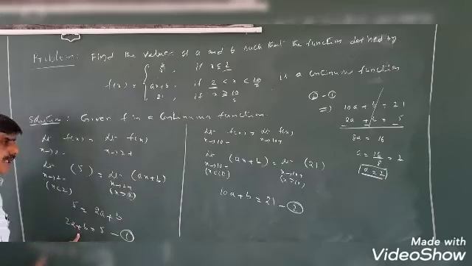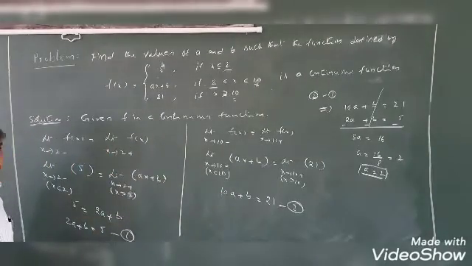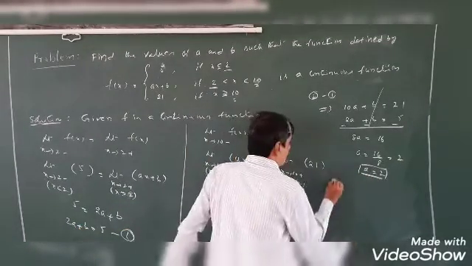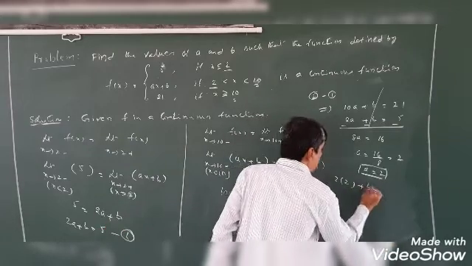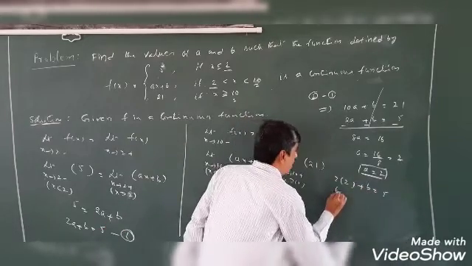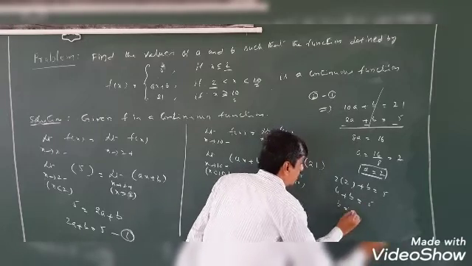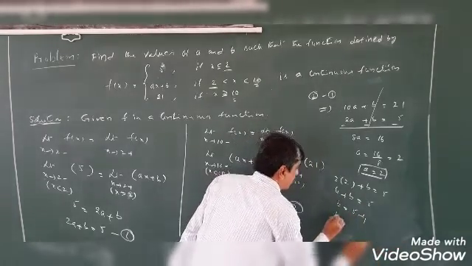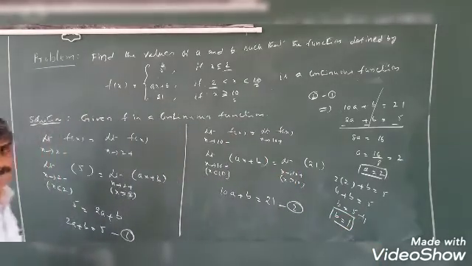Substitute in equation number 1 or in equation number 2, we will get the value of b. So a is equal to 2. I am substituting in the first equation. So 2 into 2 plus b is equal to 5. So 4 plus b is equal to 5. So b is equal to 5, this plus 4 shifts to the other side as minus 4. 5 minus 4 means b is equal to how much? 1.